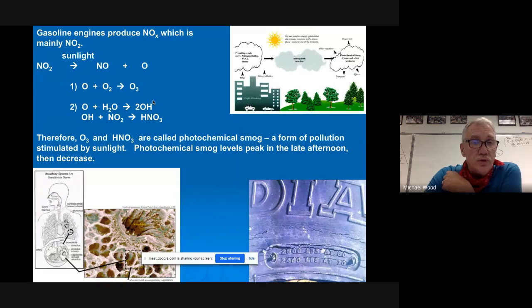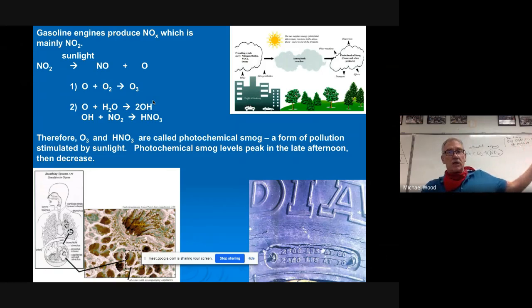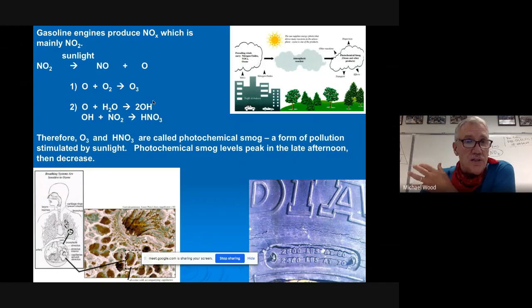But so you produce the NO2. And notice that acting as a catalyst there is sunlight. See that it says gasoline engines produce NO. That's what I tried to talk about behind me, mainly NO2. Well, the NO2 then with sunlight, that's why it's called photochemical smog, it dissociates the NO2 and you can see the series of reactions. So what I'll expect you to do on the test, if the one I want you to talk about is photochemical smog,